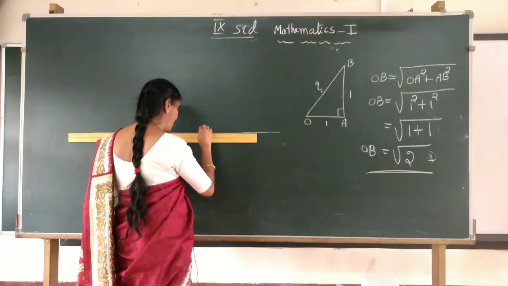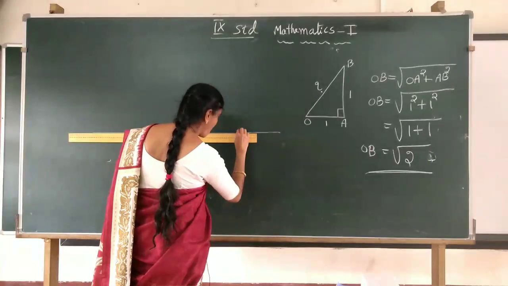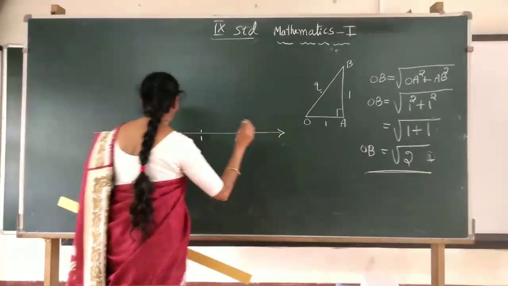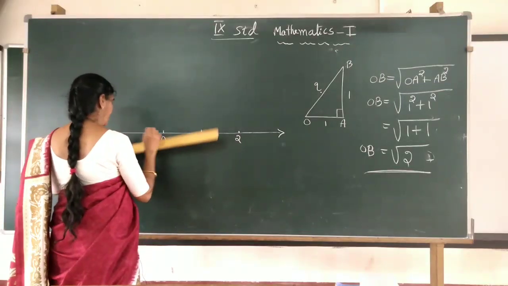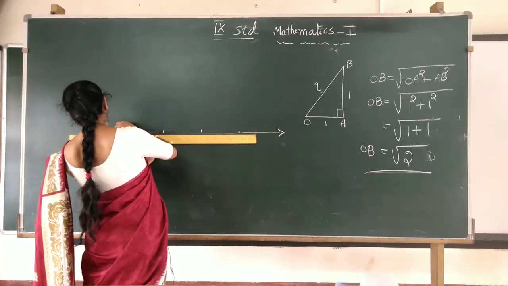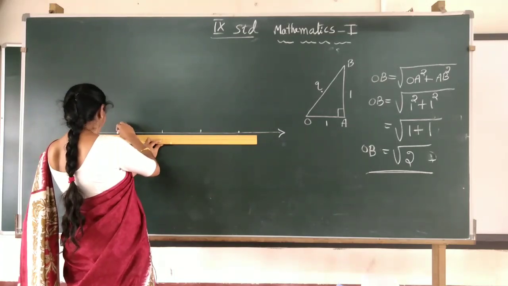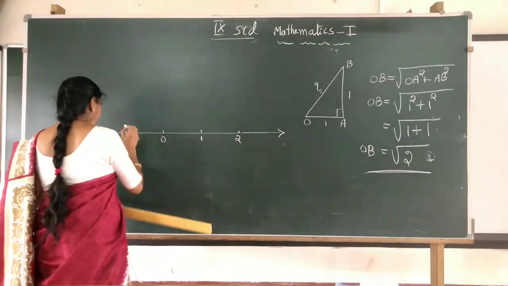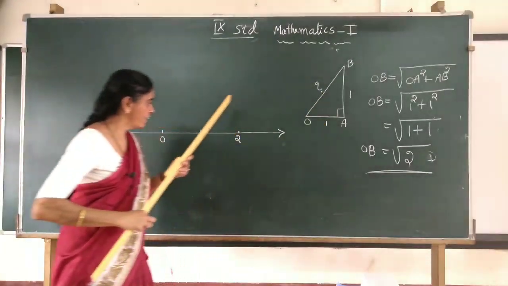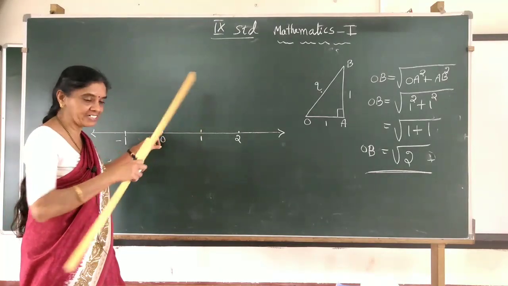So 1 here, then 2 here, and so on. And here also we can mark equidistance. We have to mark, children. We don't want this side, but still we will mark the point, -1. Now you shift this right angle exactly to this point 0. From here you should draw the right angle.